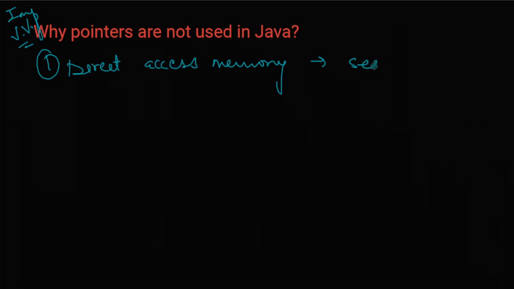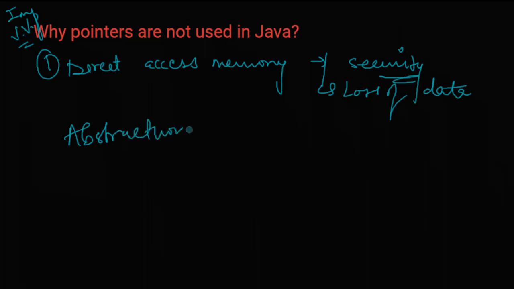And this can harm your security. Your data could be altered, or there could be a loss of data. That's a part of security or manipulation of data, because direct access is there. We also know that in Java we follow abstraction, so we need an efficient way where we follow abstraction, not a way that hampers it. And then we have passing the arguments by reference, so there's no way that goes on.